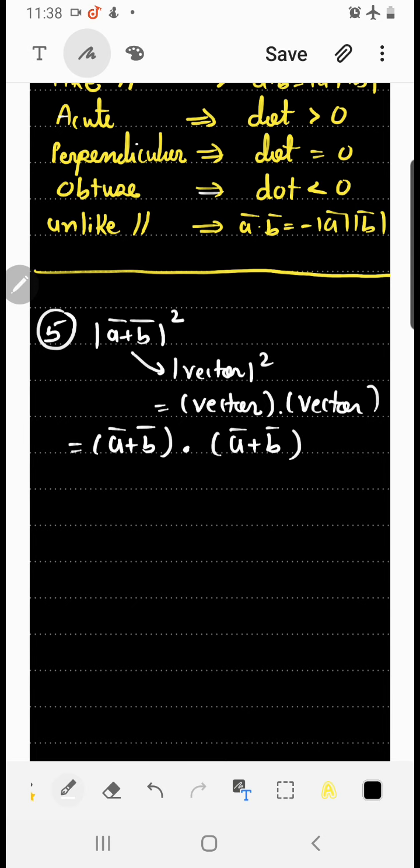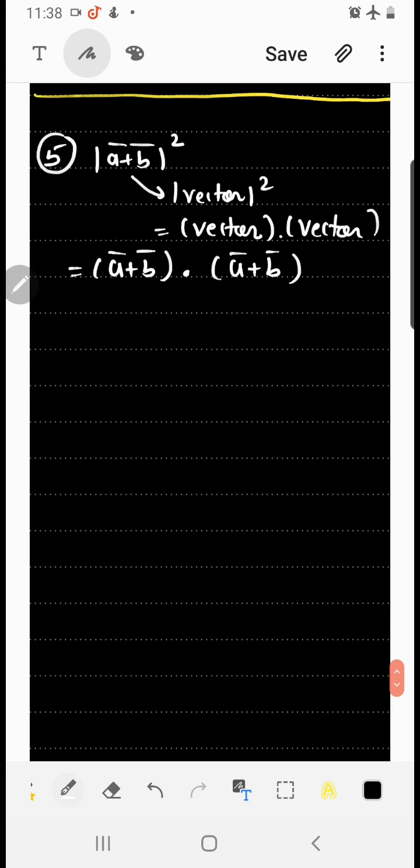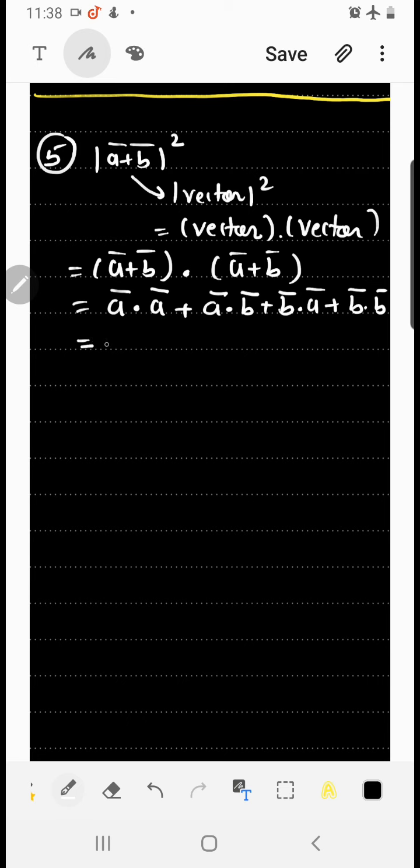Equal to. After this, what did I say? We open the bracket. If I open the bracket, a bar will be multiplied with a bar. Please, the dot should be prominent. A bar dot b bar. Next is b bar dot a bar, and finally b bar dot b bar. Now vector dot vector we just did: it is the magnitude of vector squared, plus is not dot product commutative.